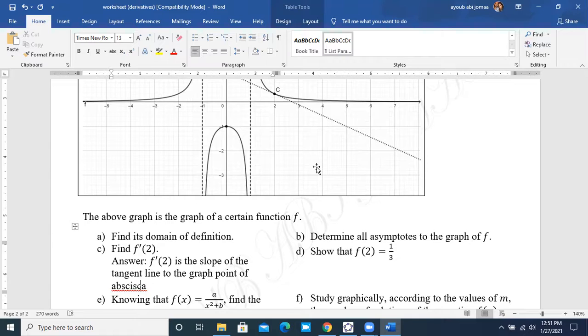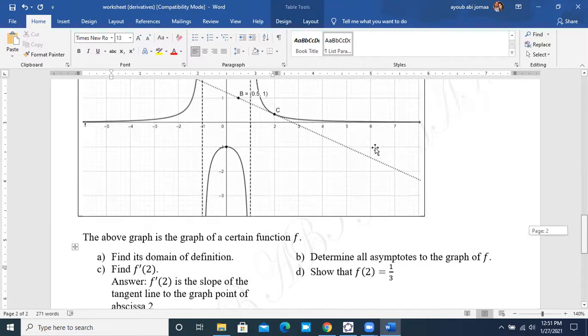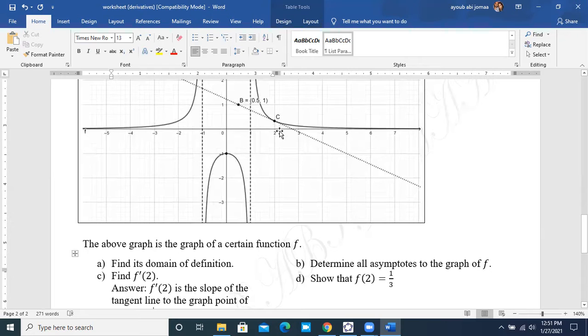Of abscissa 2. Right? And here f prime of 2 exists, and graphically the graph at 2 is smooth. Moreover, here you have the tangent line at C. So f prime of 2, I can say here,